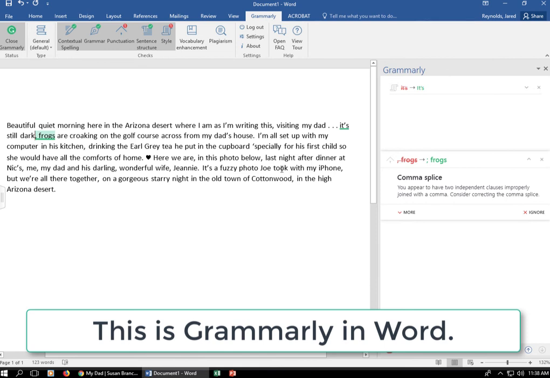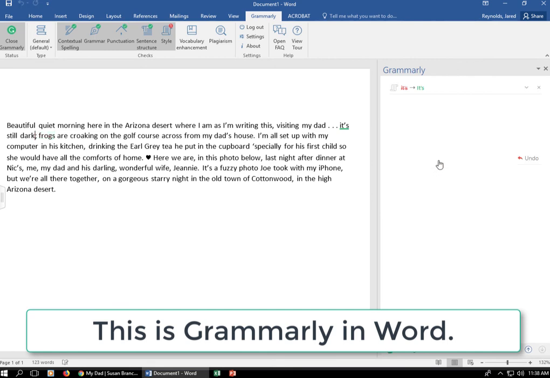We have a comma splice. And therefore, here we would be better off with a semicolon. So again, it's just a matter of clicking to change, and then again, Grammarly doesn't pick up everything, so we kind of have to help it out a little bit. But the things that it does catch are pretty good. So that's Grammarly within